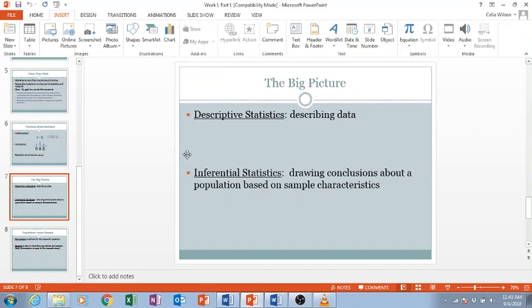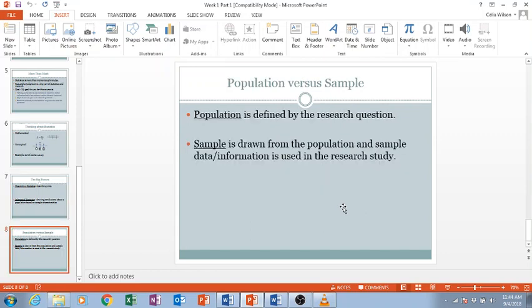The other thing we'll do toward the second part of the course is look at inferential statistics. So we want to start to draw conclusions about a population based on sample characteristics. So this is where we'll talk about pulling those samples, and based on what our sample looks like, what can we then infer about our population? Hey, the last thing for this PowerPoint along those same lines, what I want you to begin to think about is this population versus sample idea.